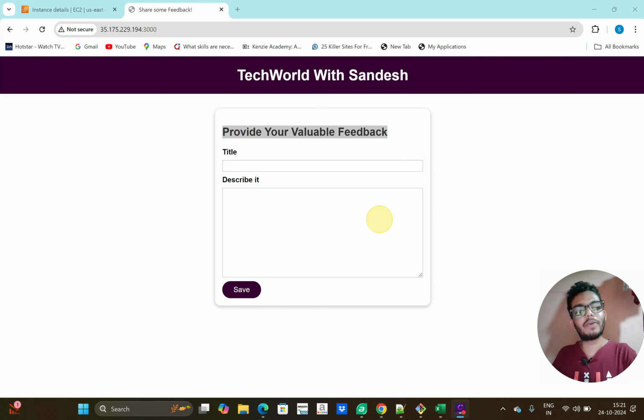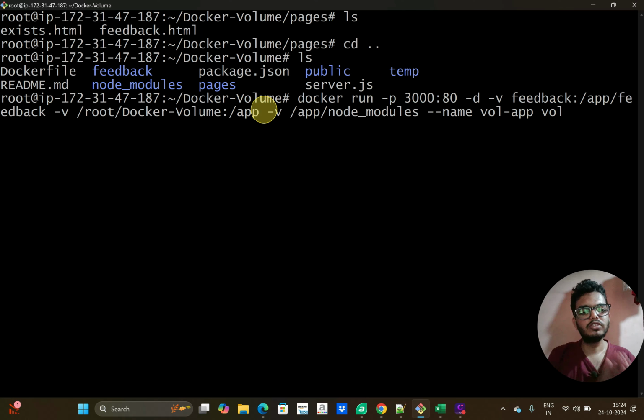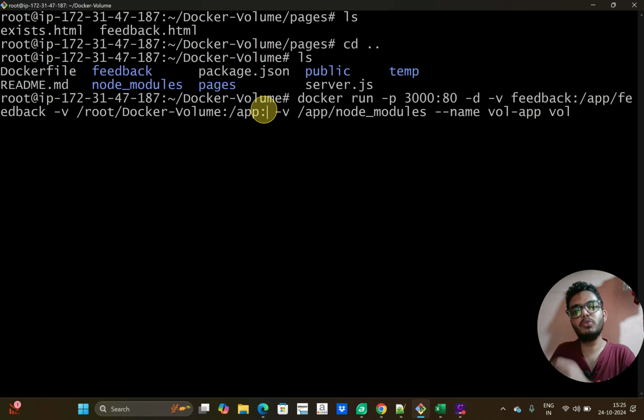So this is the use case for bind mounts. Data is persisted. Also it is editable in real time. Also, if I attach the bind mount, I don't want the container to change my files in the host machine. If source code changes are there in the host machine, they should reflect in the container, but vice versa should not happen. For that I have to make this volume read only. I can add :ro here.